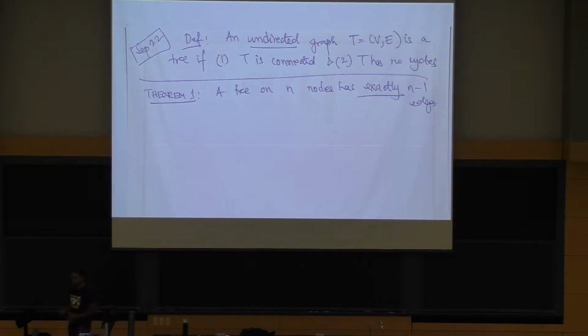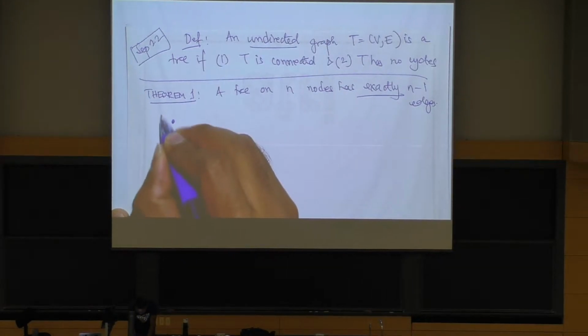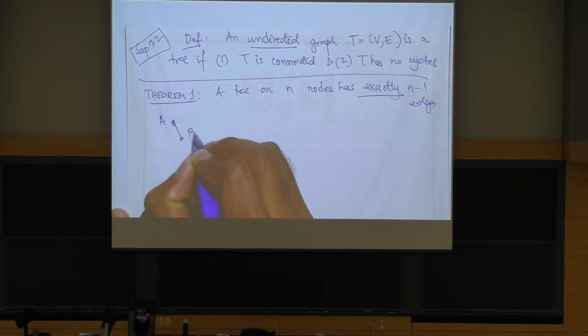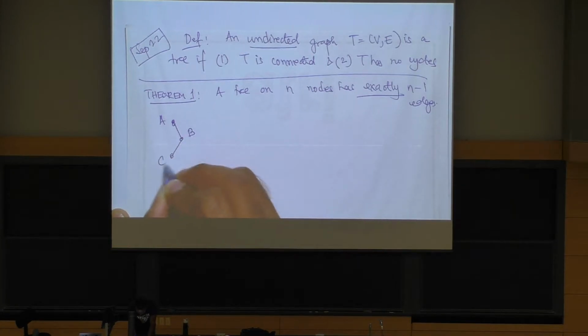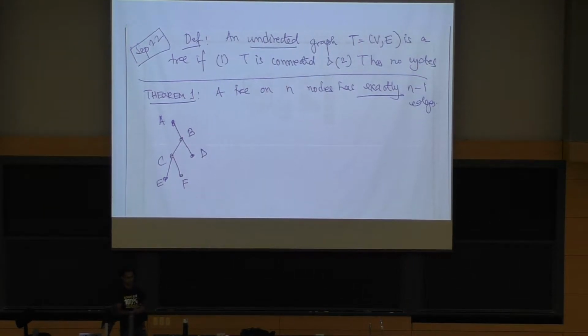I said, it's an interesting fact. Once we prove this, I'm going to tell you an even more general statement which tells you even more interesting things about trees once you know this result. So always, once you have a theorem, it's a good idea to check whether it's true with an example, if someone's claiming something's true. So here's an example of a tree. By inspection, you can verify that this is indeed a tree.